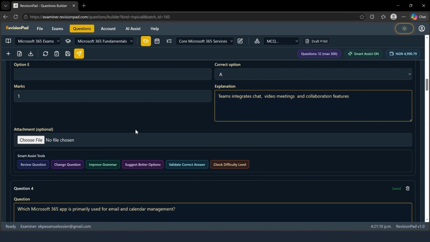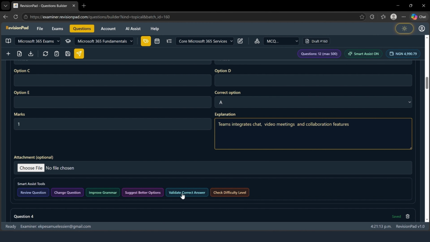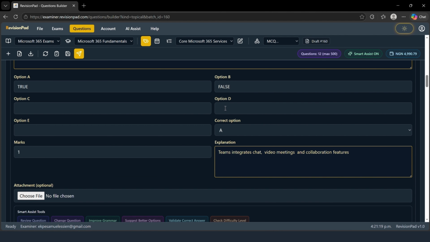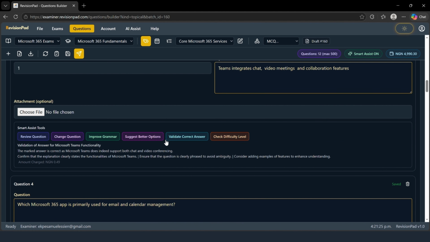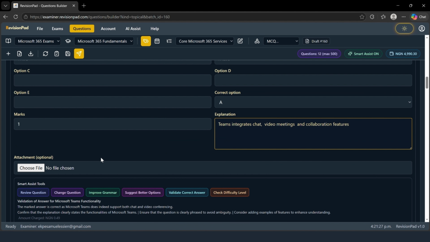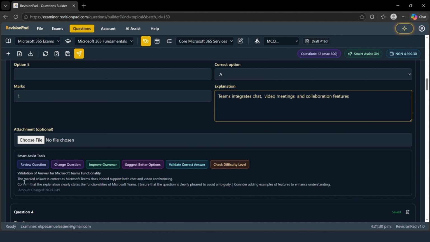Now I'm going to check also the option to validate the correct answer. So this just checks the correct option that you put for that question, if that actually is the correct option. So it just tries to verify that you did that correctly. So now you can see the marked answer is correct, as Microsoft Teams does indeed support both chat and video